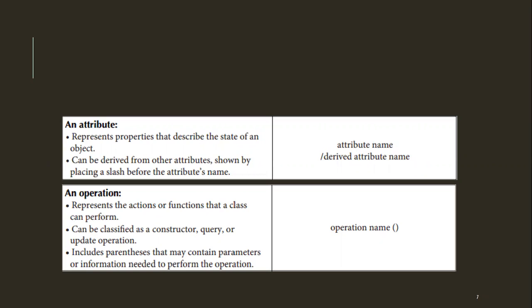Now if I am giving an attribute, like if I am describing the mouse, then I can say the mouse looks like this, the brand of the mouse is this, the color of the mouse is this, the shape of the mouse is this. Likewise, things that I can describe about the mouse are known as attributes. When it comes to operation, even a right click or left click comes under operation.